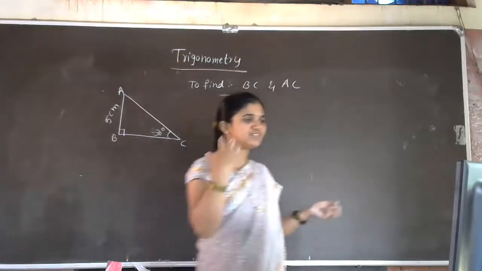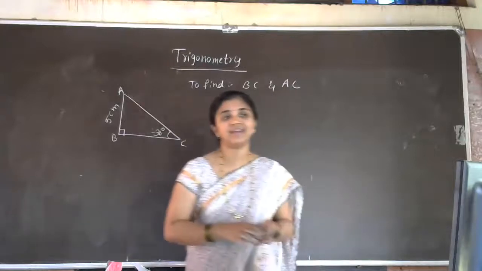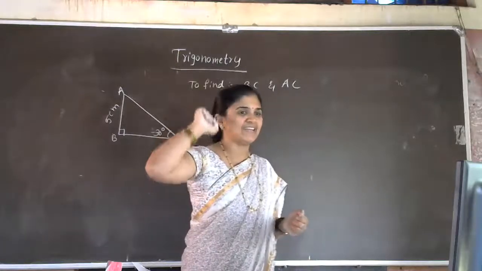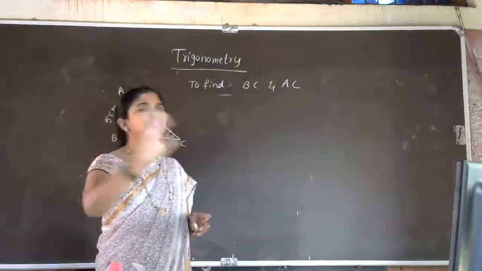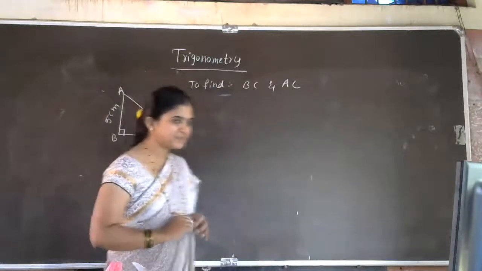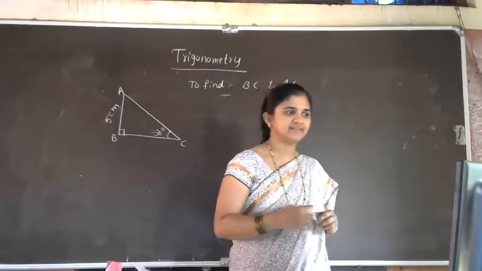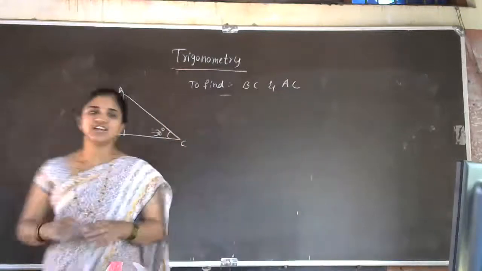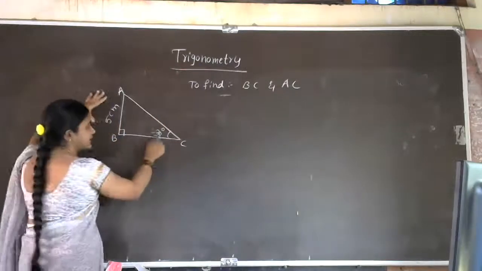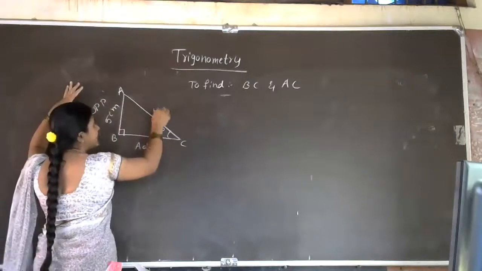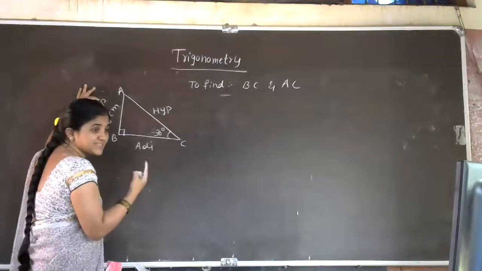Just now we learned trigonometric ratios for some specific angles, right? Sri Harsha gave the answer: tan 30. Why did you choose tan 30 only, Sri Harsha? Because opposite side is given. Yes, very good. If this is 30 degree, this side is opposite, this one is adjacent and this is hypotenuse. So already opposite side is given.